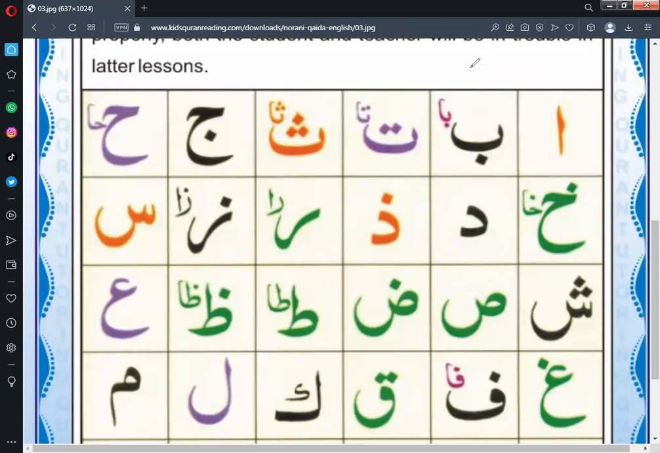This is part two of Arabic letters learning. In this part two, we will be discussing the second line of Arabic letters. Let's start with